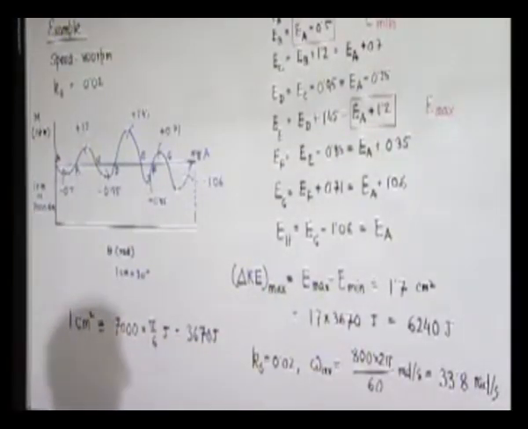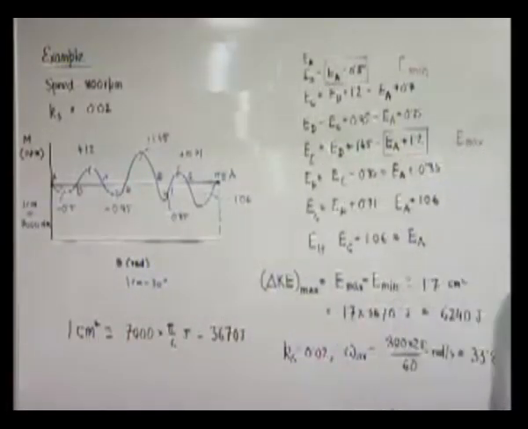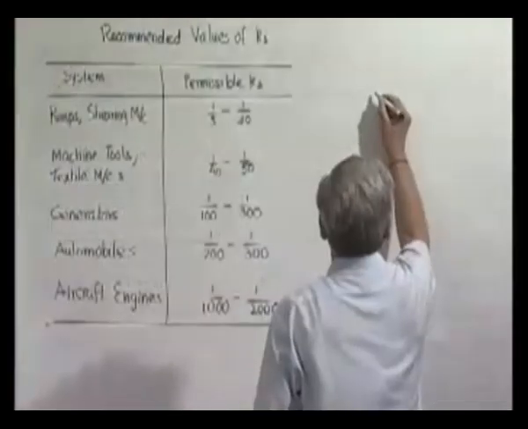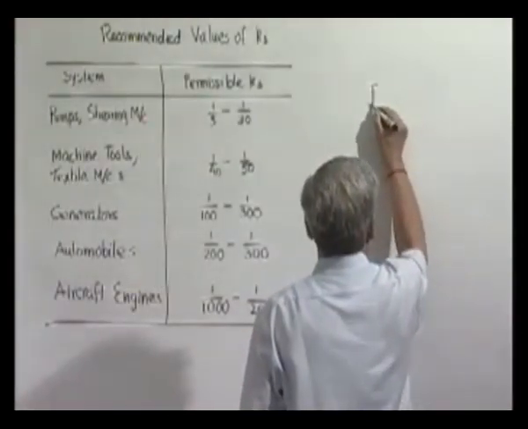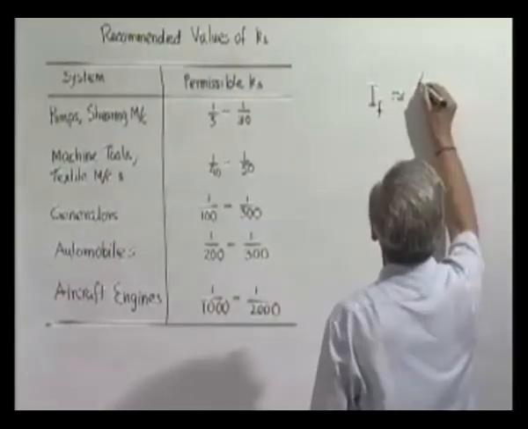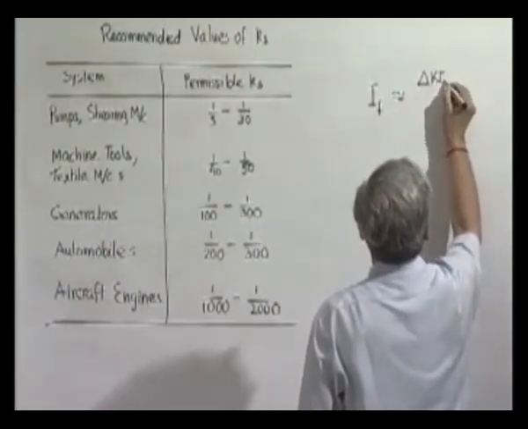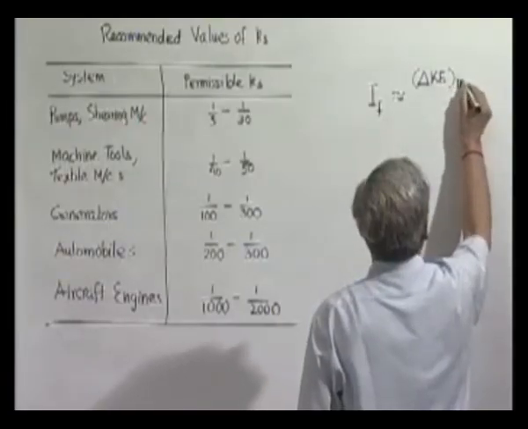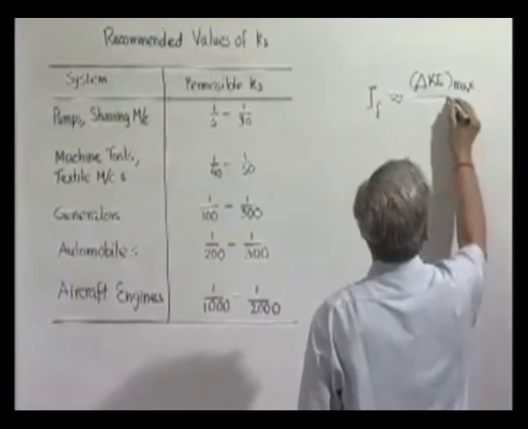So therefore, we utilize the formula derived, that the moment of inertia of the flywheel will be approximately equal to, neglecting the inertia of the other parts of the machine or the engine,